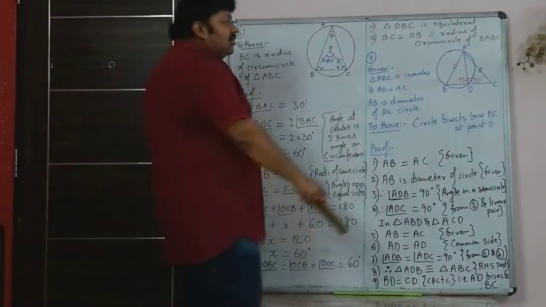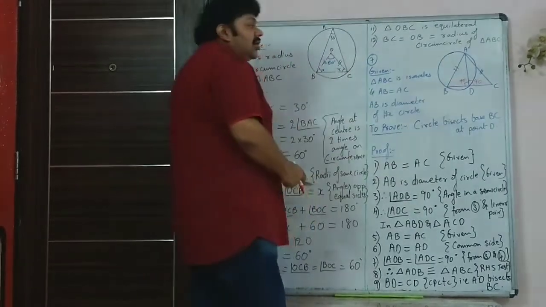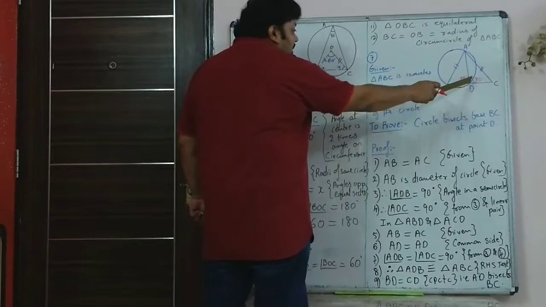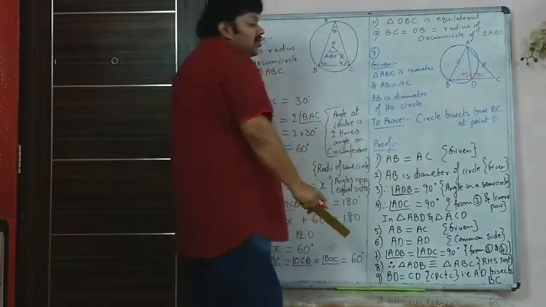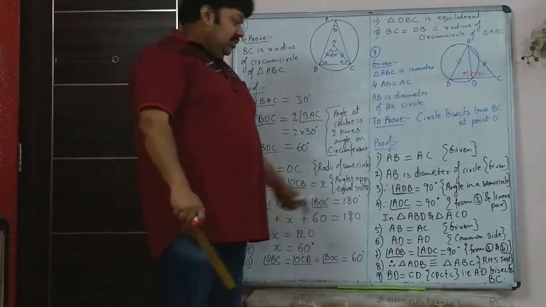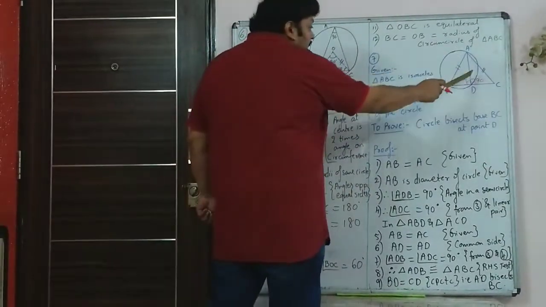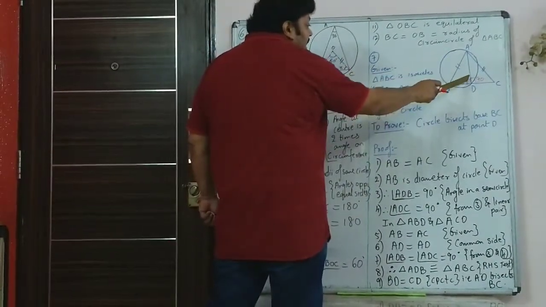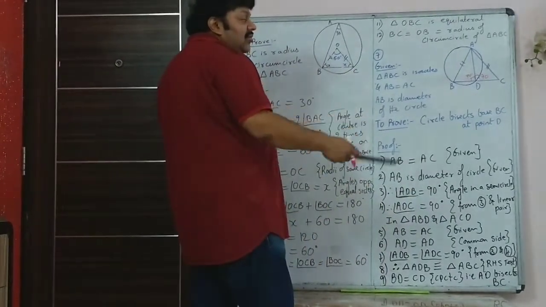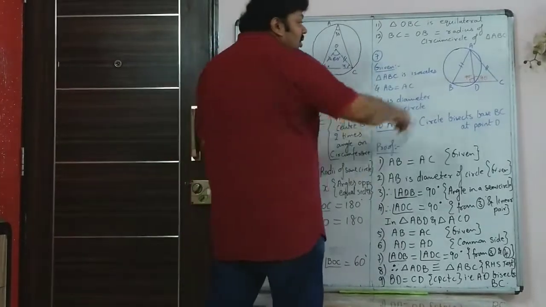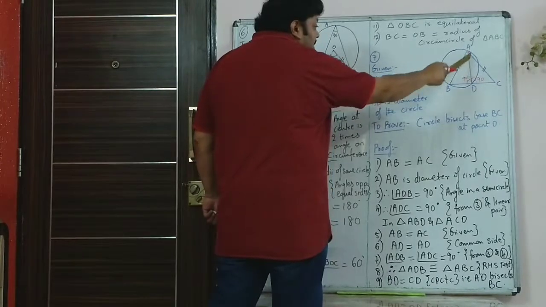So therefore you can easily prove triangle ADB and ADC are congruent. This is a side, this is the hypotenuse, and this is angle. So it is RHS test. By RHS test, the two triangles are congruent. Remember, side opposite 90 degree angle is the hypotenuse. So AB and AC are hypotenuse of their two right angle triangles. So R right angle, H the hypotenuse, and S the side.